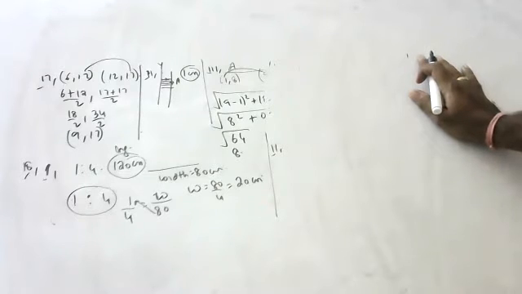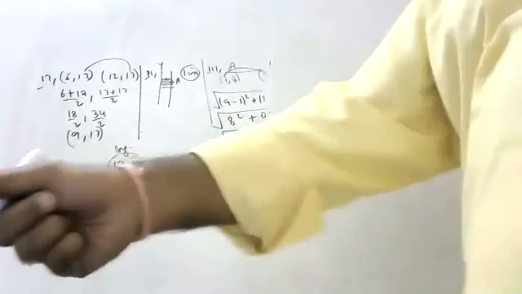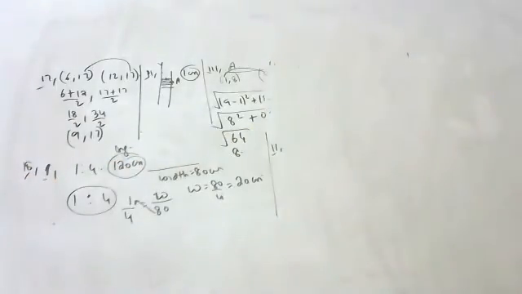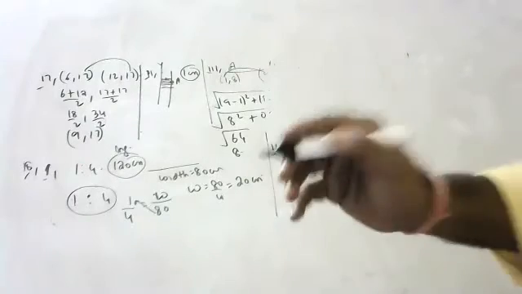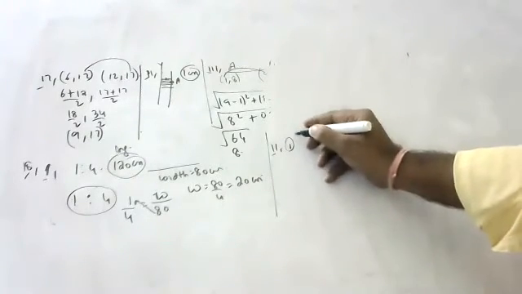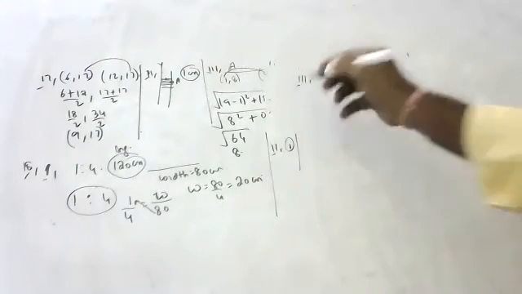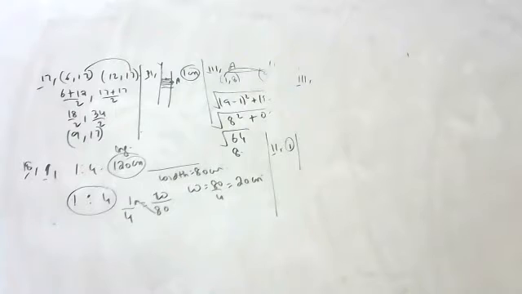It means only the width will change, children. If they are extended horizontally, only the width will change. Length and height will not have the same ratio. So the answer is 1, children. But anyway, we will see again later. Okay. Third question. Please go to the third question, children.